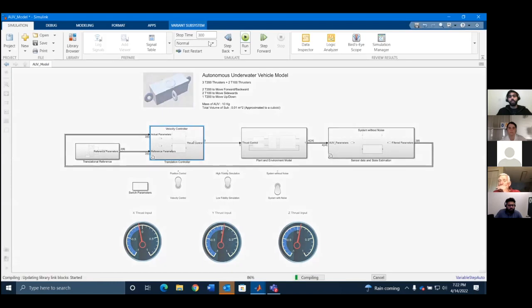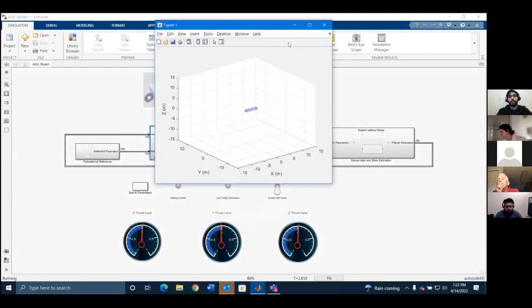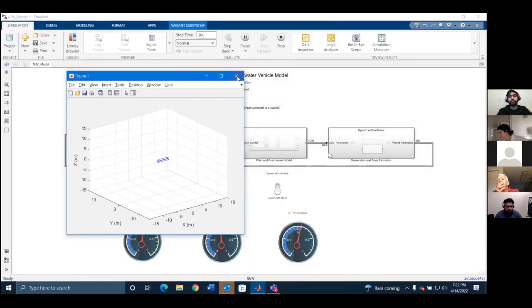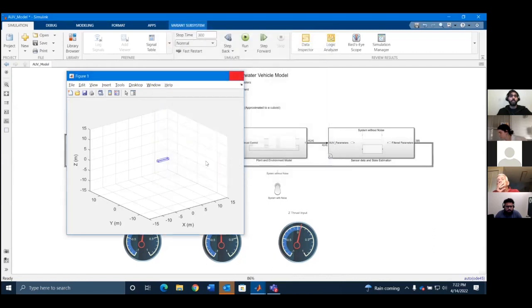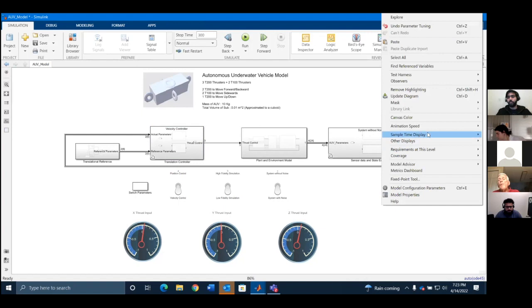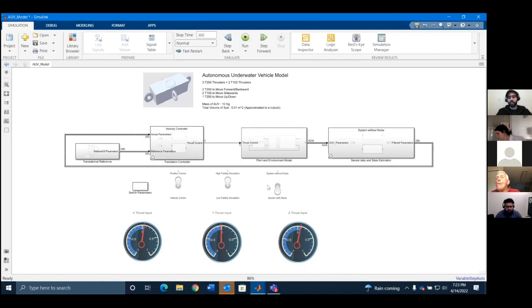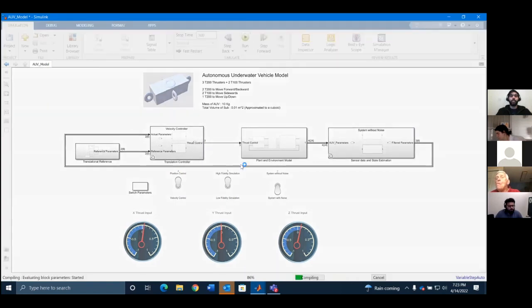So if I run this simulation, here are the parameters. Now here I have three buttons, so we can simulate according to our requirements. Let's say I want to do low fidelity simulation with system noise, and let's say I want to do velocity control. So update the diagram, and here are your X, Y, and Z thrust inputs from your controller. Now when I run it,